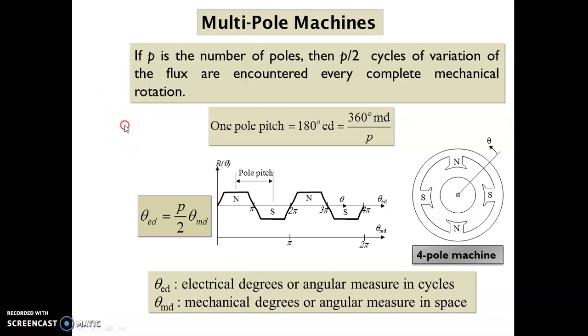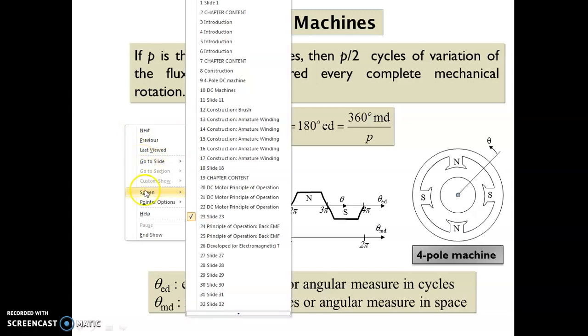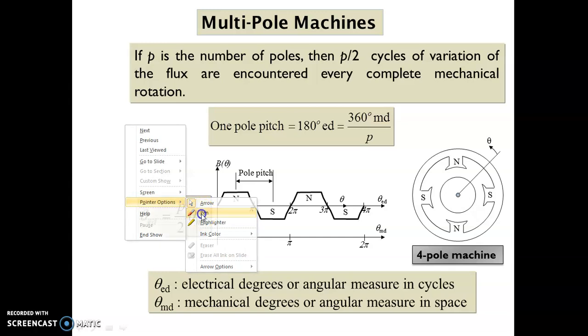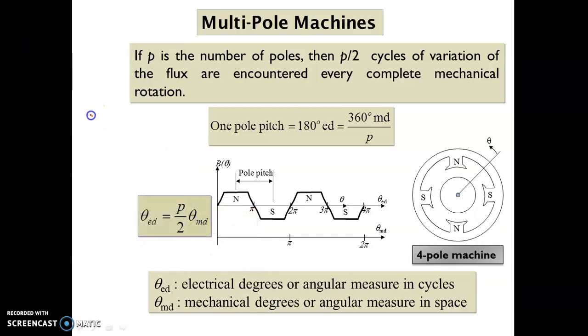So in the previous video I was discussing the mechanical angle and electrical angle relation. I was explaining it. I have drawn, in the previous slide, North Pole and South Pole like this, and suppose a conductor is placed like this. In this condition this position is A, suppose this is B, and if you rotate it by 90 degree like this, then A will be here and B will be here.